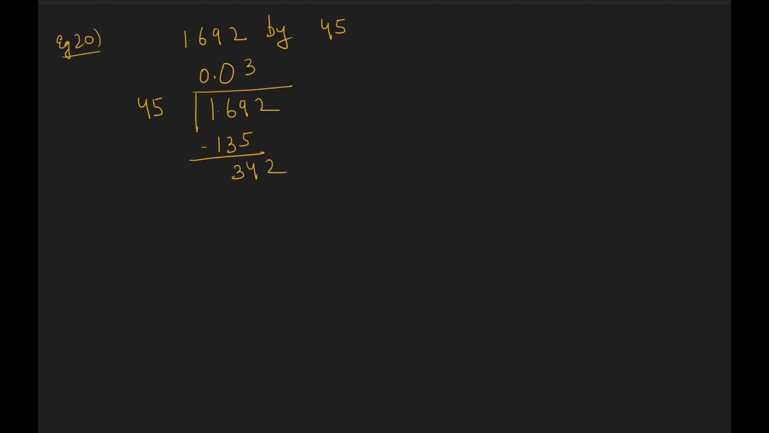Now 45 sevens are, we get the answer as 315, and we get 27. Now we need to divide 27 by 45. So 27 is smaller, so we add one more 0 here. Okay, 45 6s are, so this will be 270. So 0. So when 1.692 is divided by 45, we get the result as